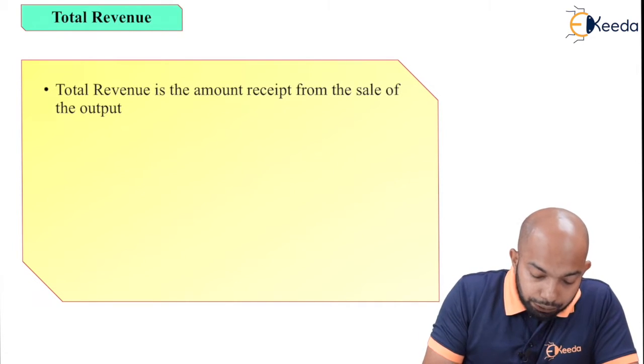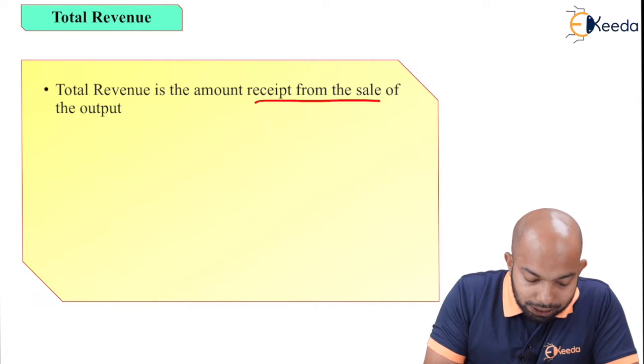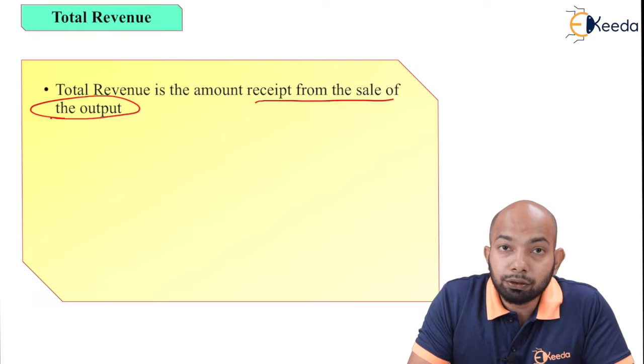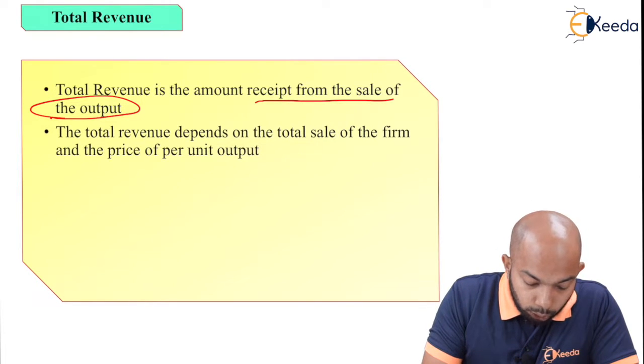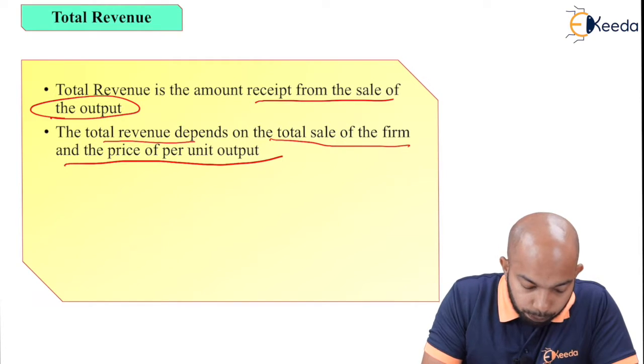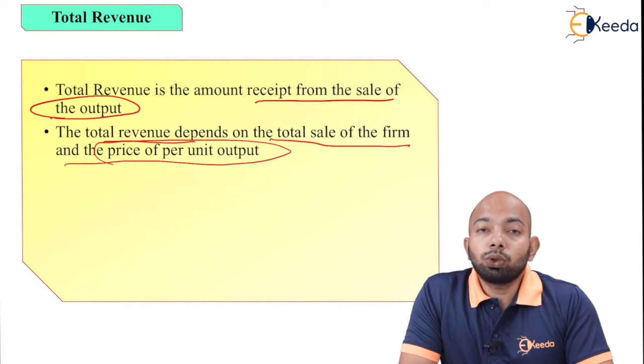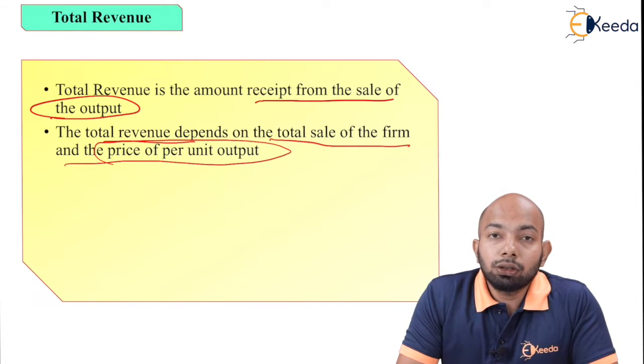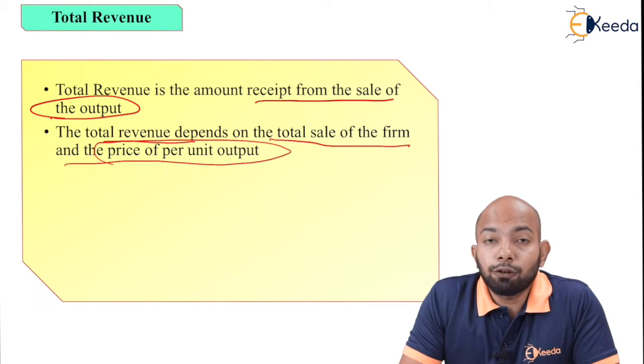Now, total revenue is the amount of receipt from the sale of the output. That's the basic thing that we've already known. Now, the total revenue depends on the total sale of the firm and the price per unit of output. This total revenue can be determined using the total sale a firm has done, and